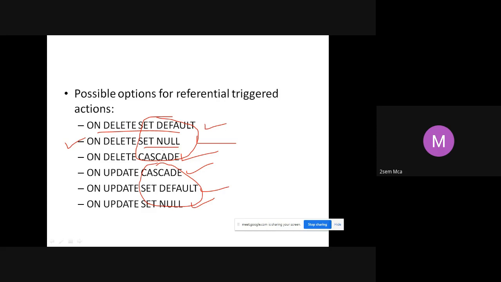On delete cascade means in the borrow table also I should delete S01. That is what we mean by cascade. You delete in one place, you have to delete everywhere else. You update at one place, you should update it everywhere else. If I change my S01 to S011, then I have to update it everywhere. I cannot simply update one place and not another. That will lead to a lot of inconsistencies in the table.